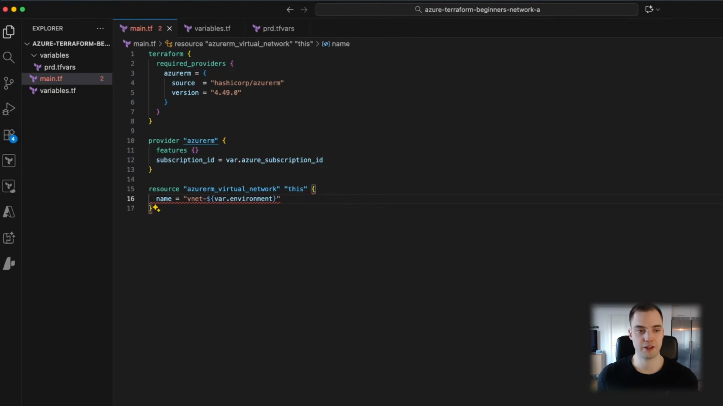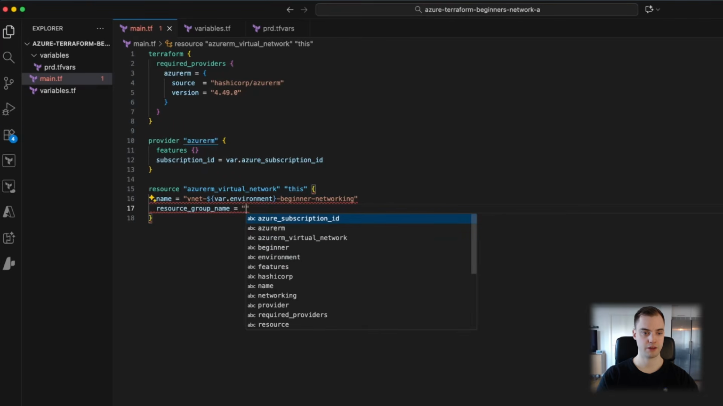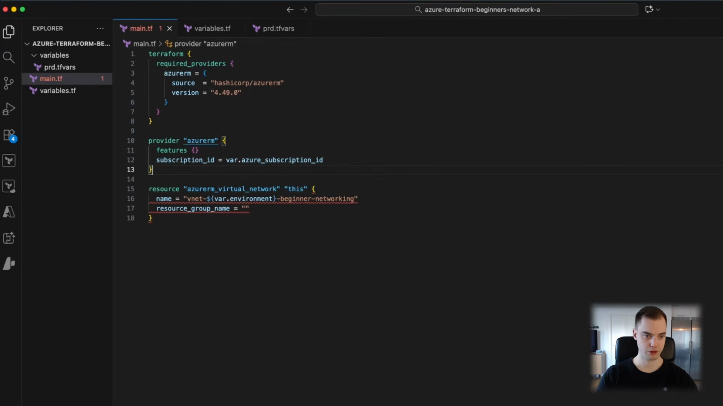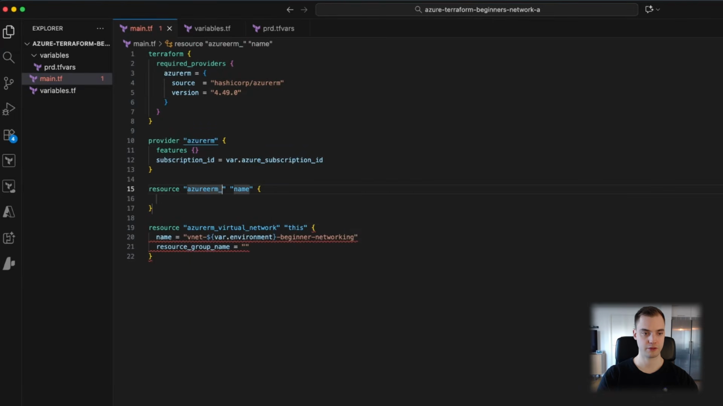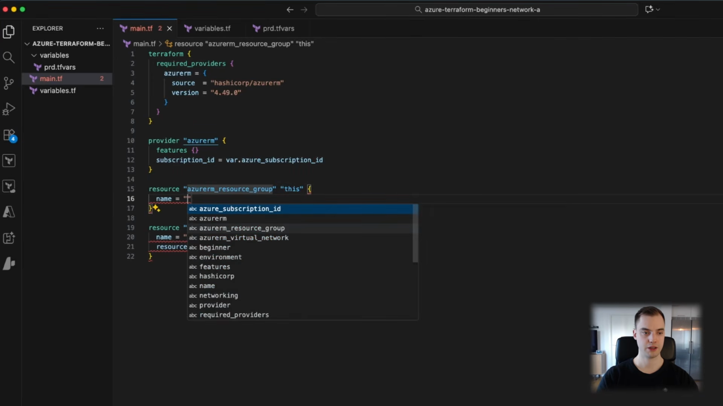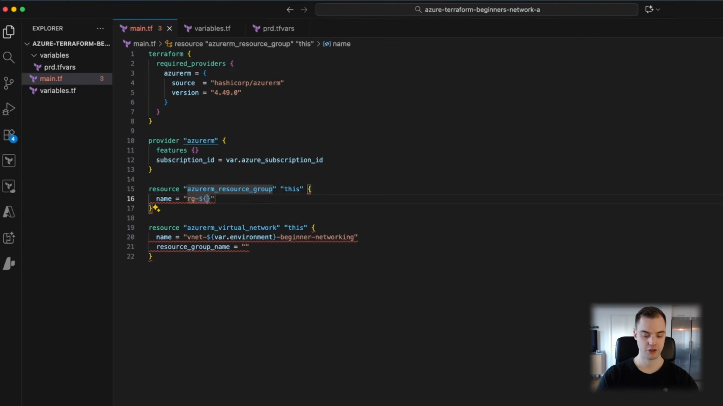So when this gets deployed using this environment, it's going to be VNET-prod and we'll do -beginner networking. Then we have to say the resource group name, like you were probably already shouting at the screen. I don't have a resource group, so let's do that first. Resource group, we can call this as well. The name here could be